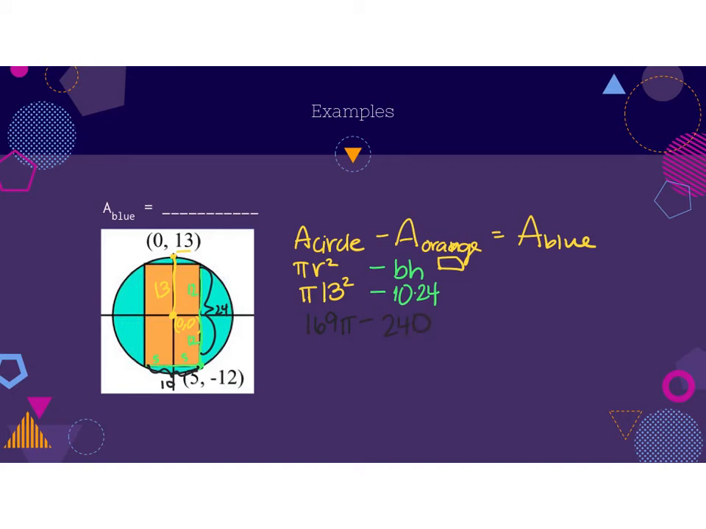At this point, some of you may want to plug it in your calculator, but we are asked for an exact answer, so we cannot go any further. This is going to be our final answer, 169 pi minus